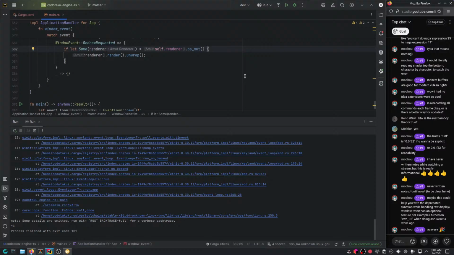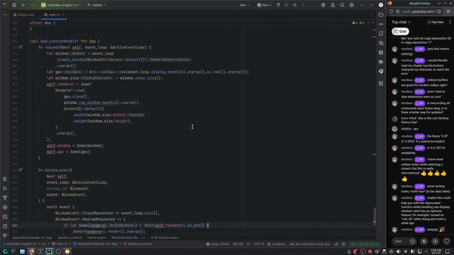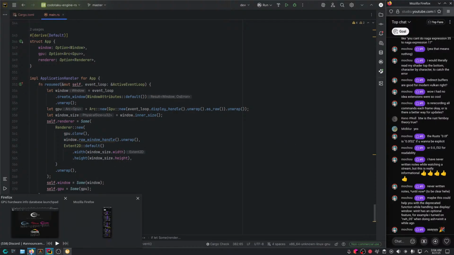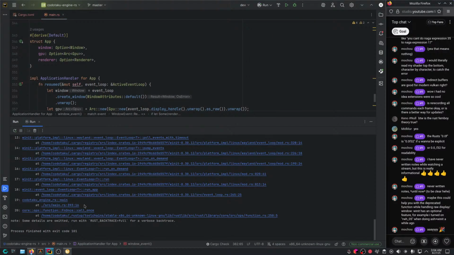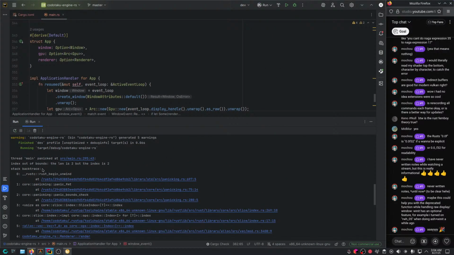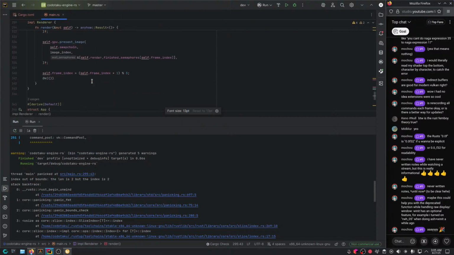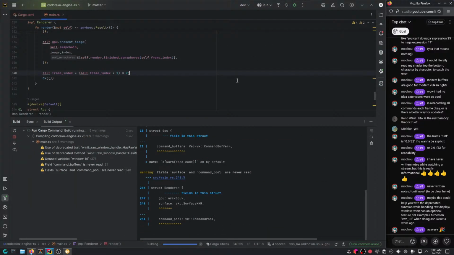Well, maybe this could help you with the deprecated function handling raw display window. Winit has an optional feature. For example, I turned on RWH05 when doing ash plus winit a while ago. I know that RWH, but I don't think. Actually, I don't know. Well, we could ask ChatGPT for this. Honestly, we could ask ChatGPT for that. And let's see what we got here, by the way. Oh, what? Oh yeah. Make sure that this is correct, and that should be good to go.